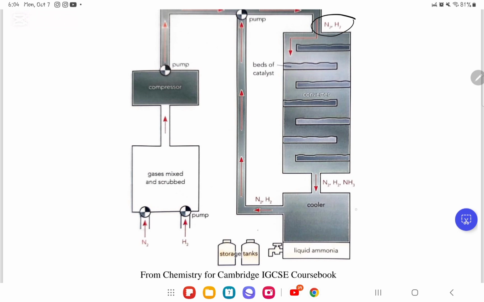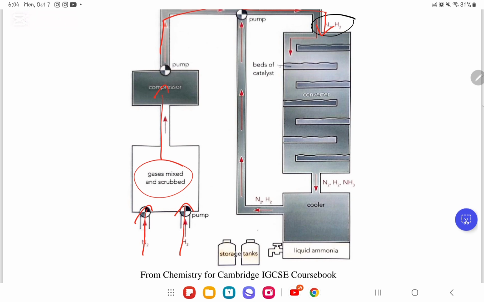We have N2 coming here. How do we get N2? From the fractional distillation of air, and H2 coming here from the reaction of methane and water. Alright, so then the gases are mixed and scrubbed and they come into this compressor. What happens in the compressor? They get compressed, they get liquefied. In other terms, the compressor will liquefy hydrogen and nitrogen,